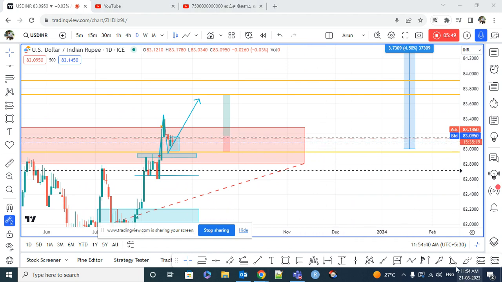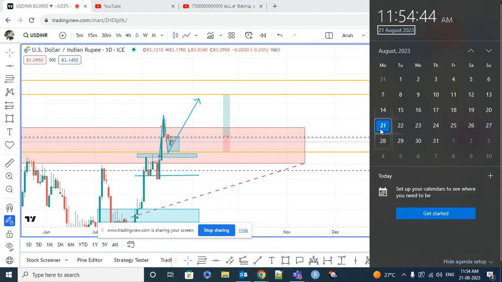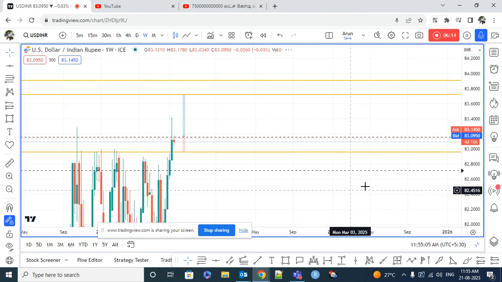If that breaks, today is a Monday. I think next week, the 28th, is an expiry for the USDINR. So if the 4 hour breaks, even if the market goes for a retest and then comes back to its breakout level and then goes bullish, that is an impulse wave. So we do have 4 trading sessions. So if the market continues to be bullish and it breaks above the weekly resistance here, that is the level